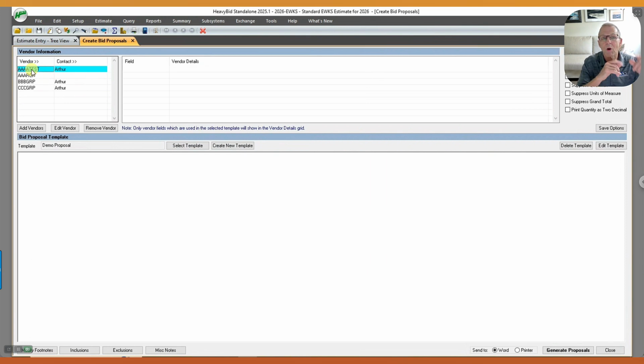So the requirements are, I want to send out a bid form, a bid proposal, to a person. It has to be a unique name, address, company, not just "to all bidders." The second thing is it has to produce a PDF automatically. I don't want to be going and doing file and export PDF. And then it has to email it for me. And then the fourth thing is it has to keep it for at least a certain period of time